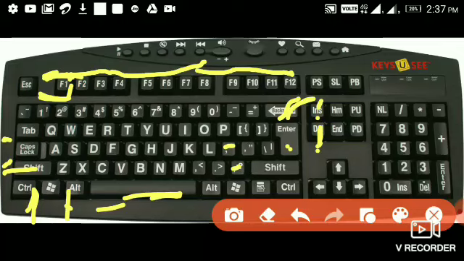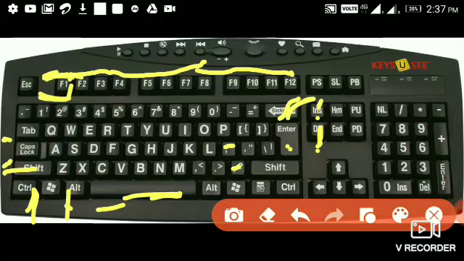The delete key and the backspace key are used to remove typed text, characters and other objects on the right and left side of the cursor respectively. So by using the backspace key we delete or remove the typed text, characters and other objects on the left side of the cursor, and by using the delete key we can remove the text, characters and other objects on the right side of the cursor respectively.